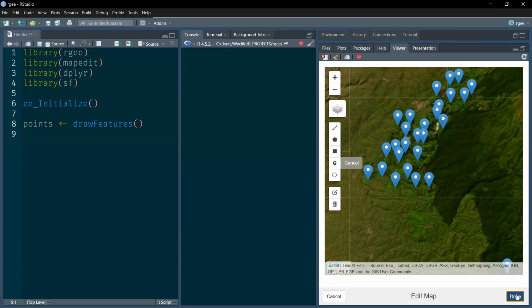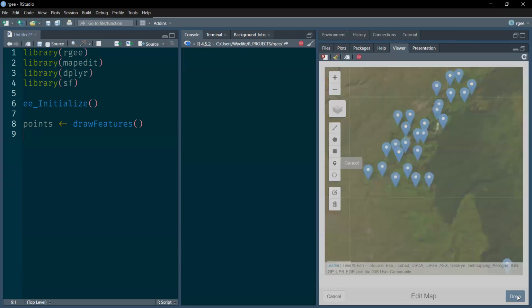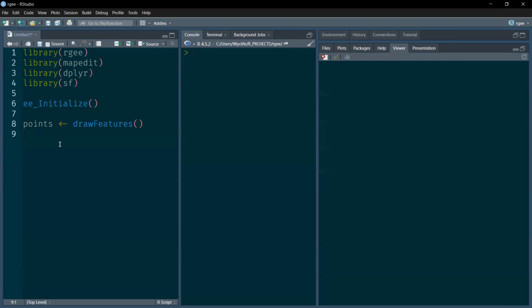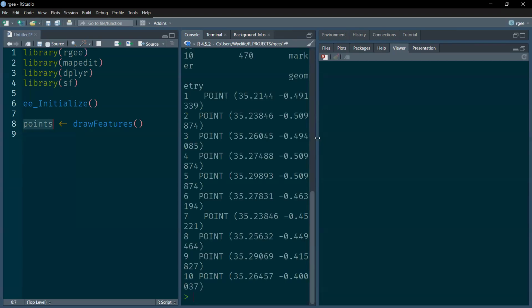I've just distributed them randomly within the tea growing region. After that, I click done, and now we have our points, which is an sf object